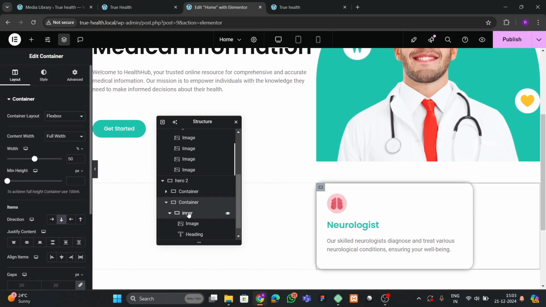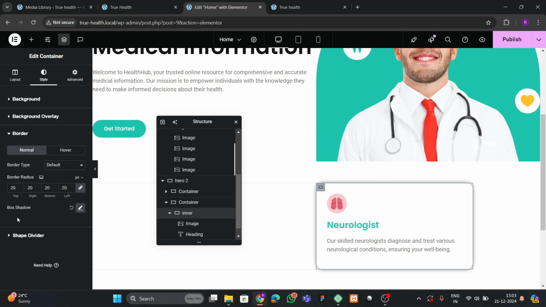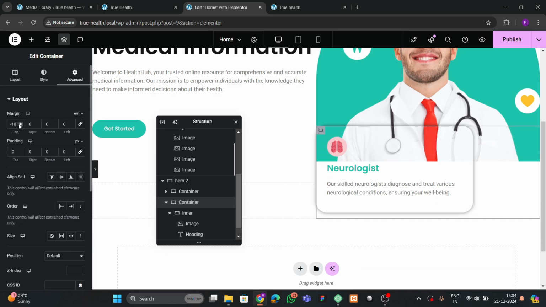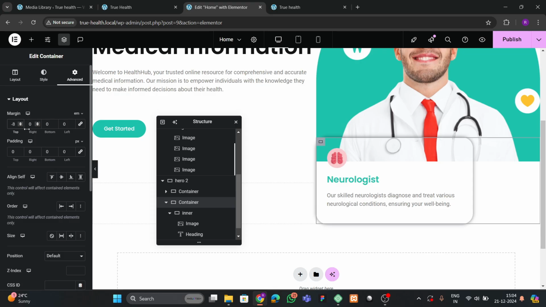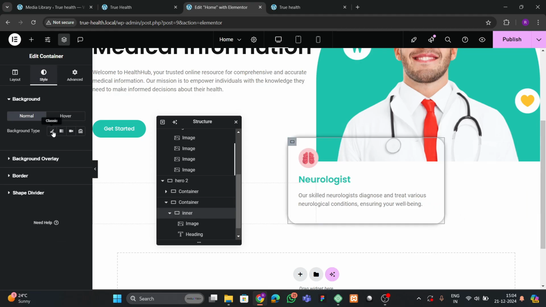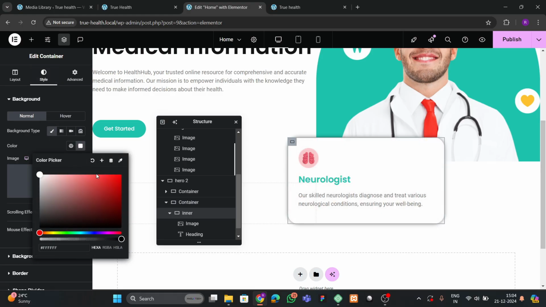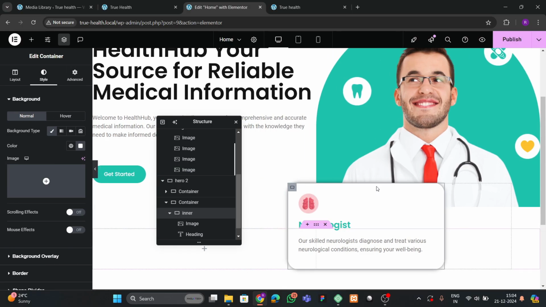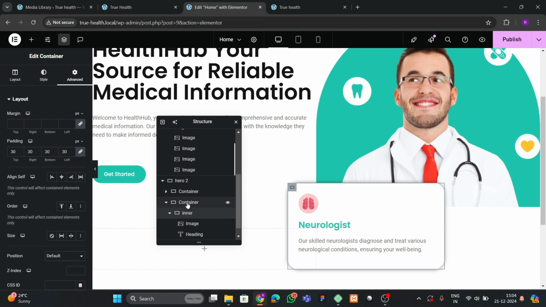Okay, so if we want to make the border radius a little bit less, let's go to this, and here we're gonna add 30 pixel. Now we have to click on this advanced, and here we're gonna choose the EM. Let's add a negative value to this. Okay, and we can also play with the left. So we can go to this inner, and here we're gonna add the white color. Okay, perfect. So this is looking good, and also we can make this a little bit more up